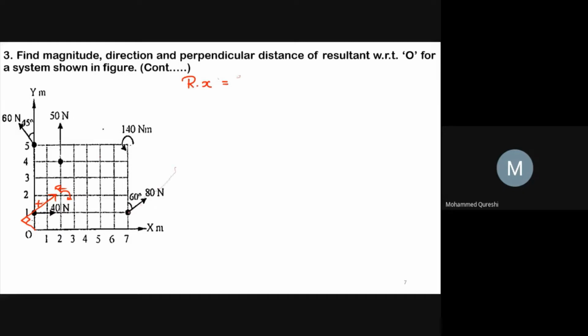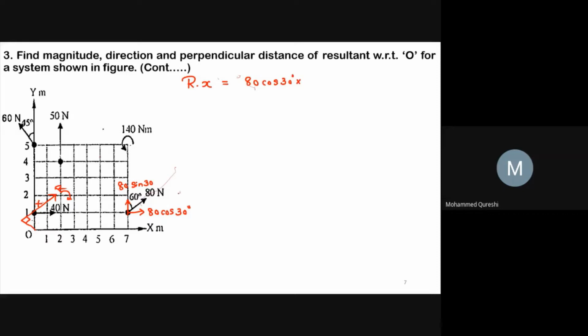Then it has two components, 80 cos 30 and 80 sin 30. So equals 80 cos 30